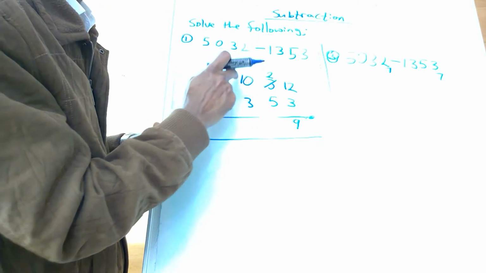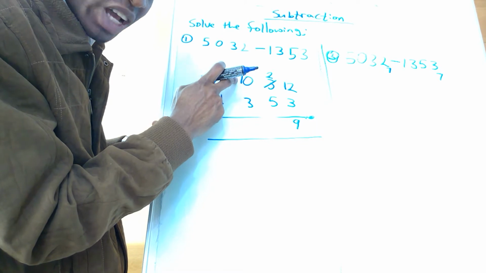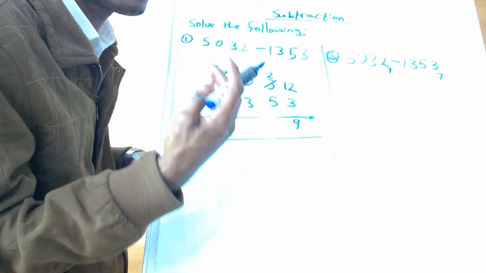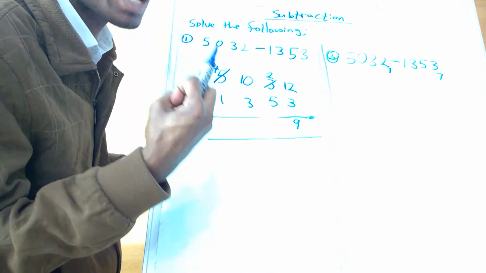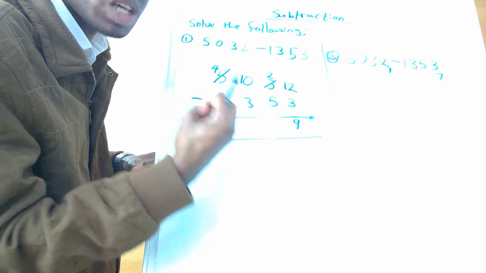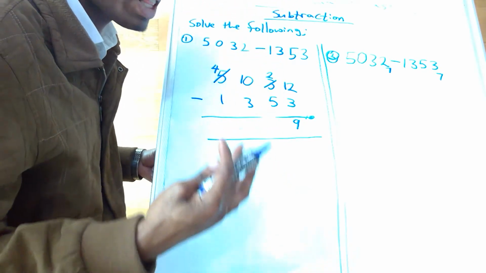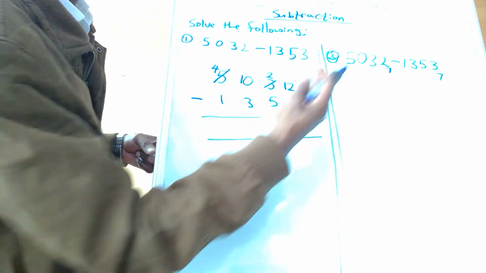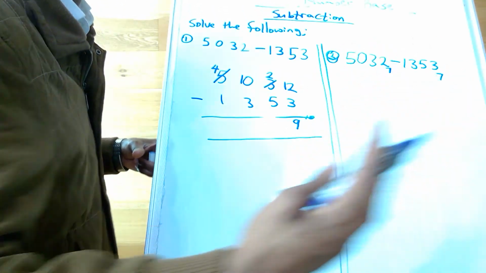Our teacher will tell us to put 1. It is not 1 that we put. That thing is wrong, but it's because of the level of our memory at that particular point in time that made our teachers tell us that we should put 1 there, because it will still give us the same answer. But that is not right. It affects us when we are dealing with other bases, base 2, base 3, base 4.